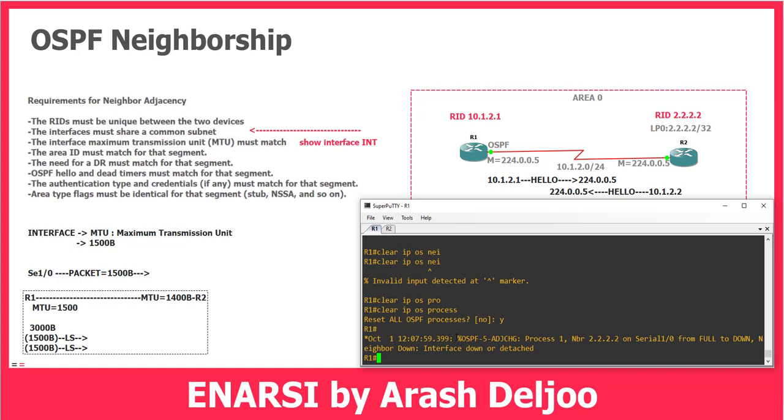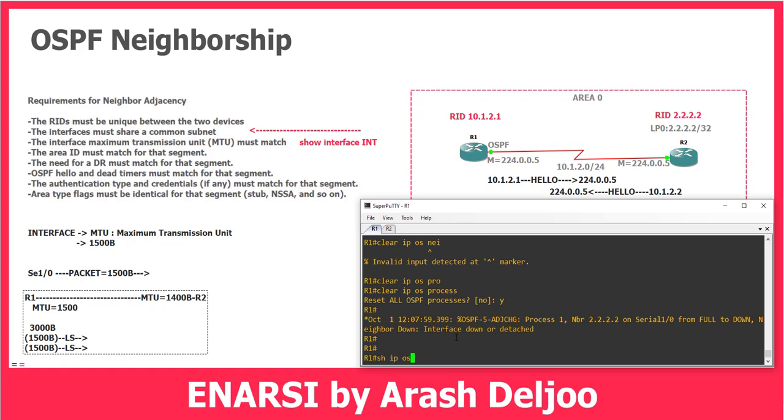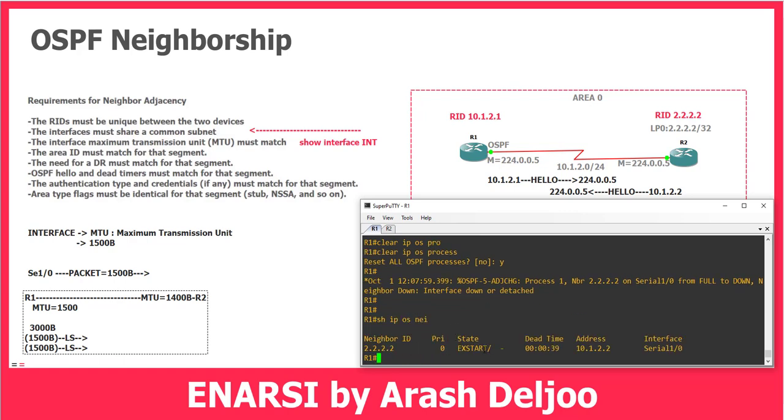Look here, after clearing the neighborship, as you can see, we will not see the new neighborship. In the show IP OSPF neighbor, you can see that our state is Exstart. Here we don't have neighborship. This is not neighborship. We cannot use this neighborship. Here you can see that the state of neighborship is Exstart, and this means that we cannot send information to